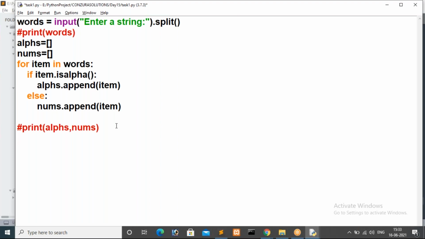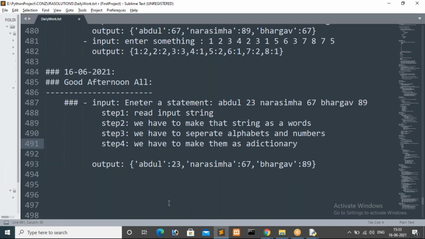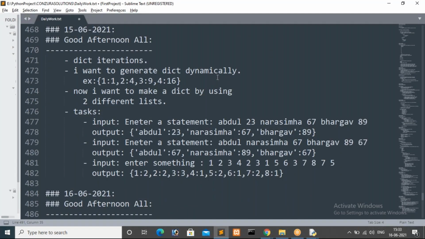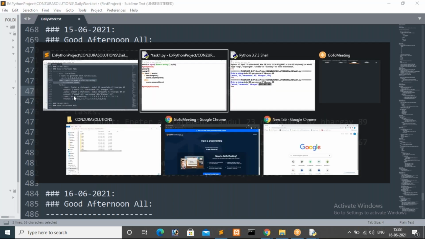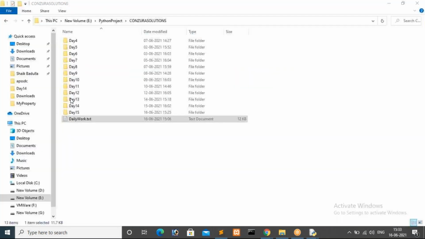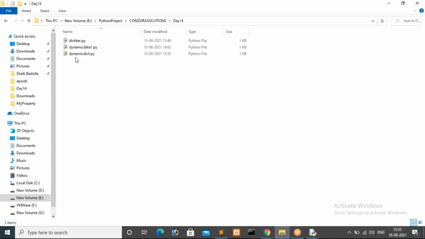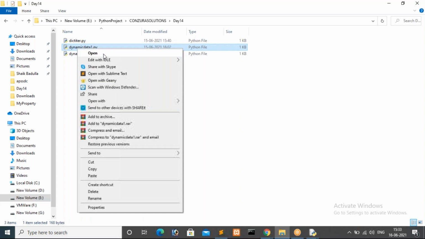Actually, yesterday I covered making two different lists into a dictionary. So I want to generate a dictionary dynamically. For this I gave you an example like this. I will show you that. Inside day 14 dynamic dict, I think this one.